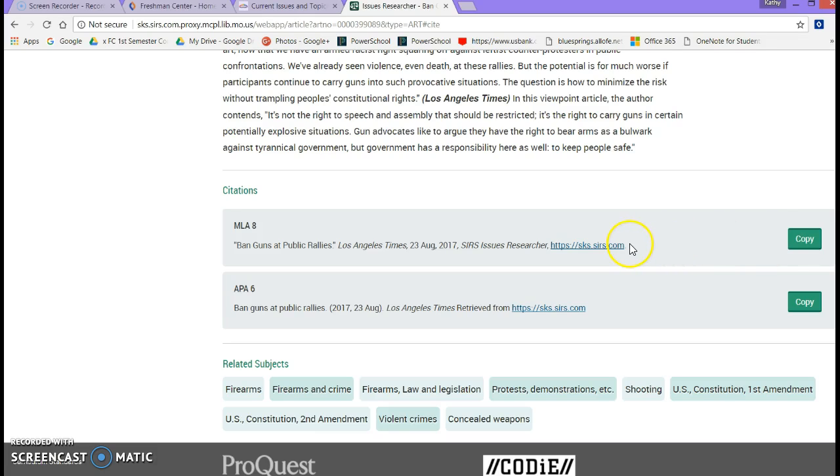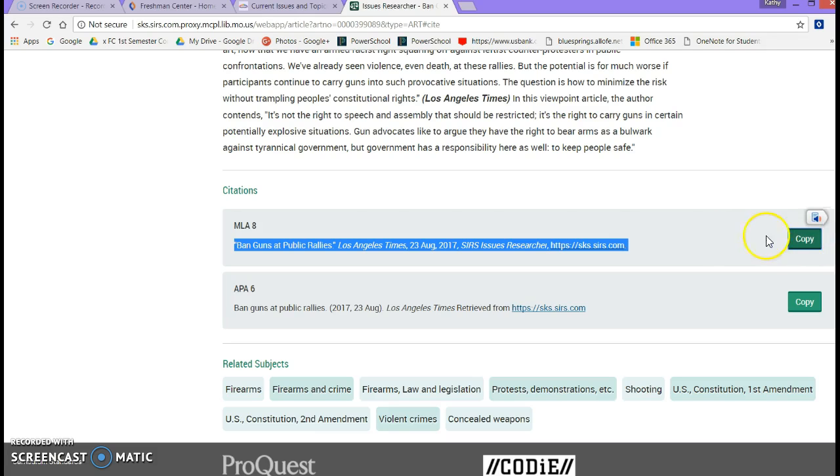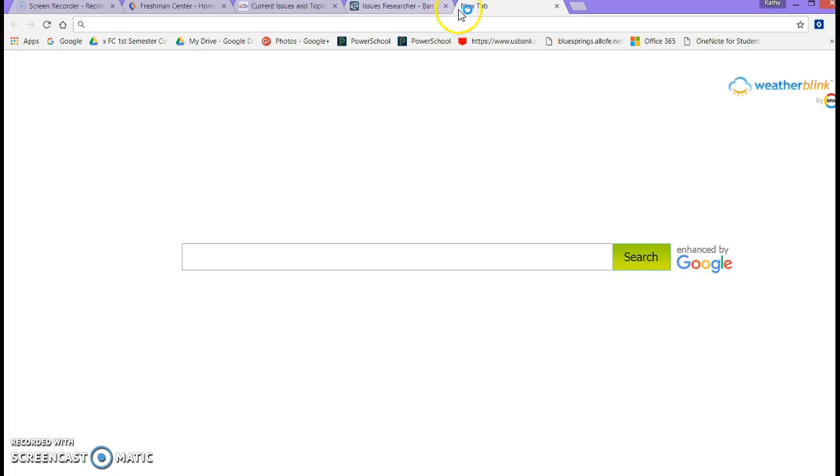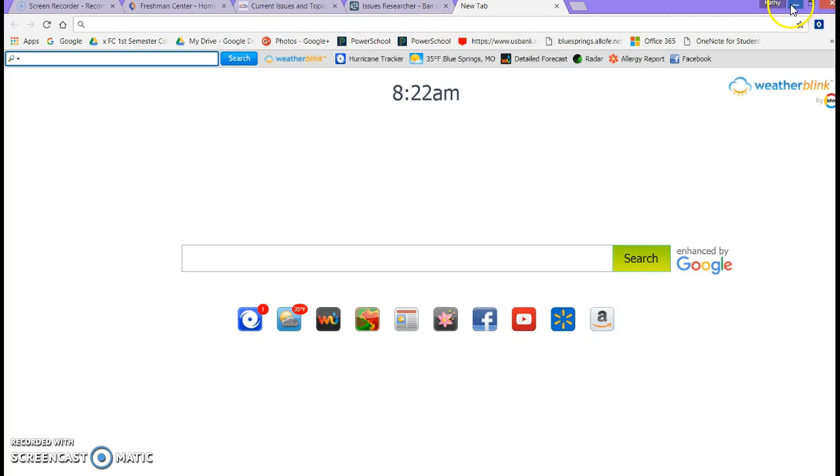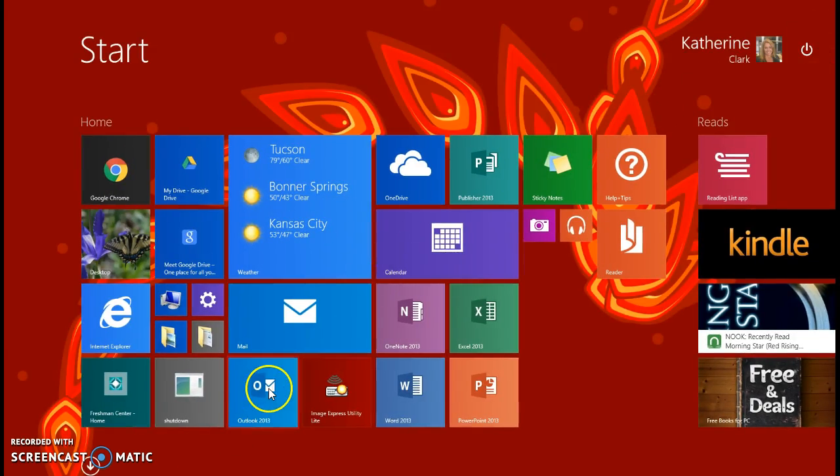Okay, so you can do one of two things. You can copy, or you can highlight just the citation, and then paste. So copy, and then you have a Word document open, go to my Word, go here,